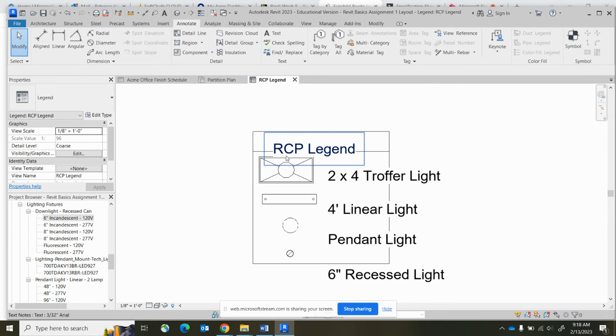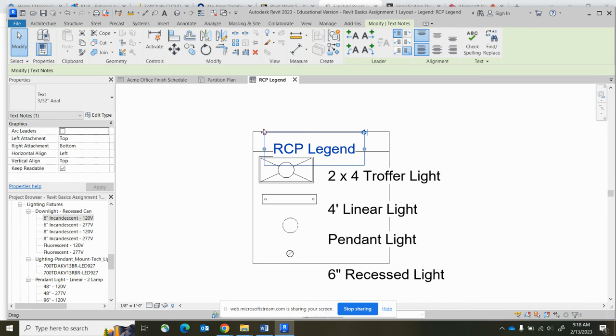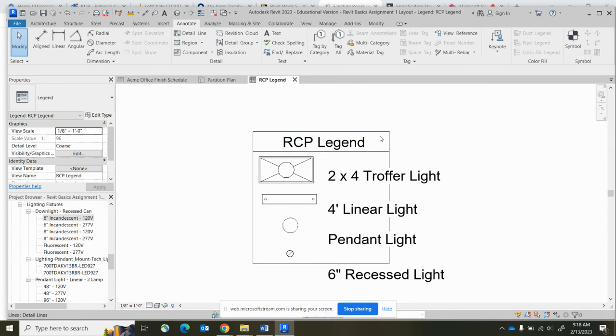All right. So now I'm going to go to modify again to get out of that. And this will let me make any adjustments I need. So the first thing I'm going to do is click on my RCP Legend that I just did. You can see up here, there is the little move symbol. And if I stay on it, it says drag. So I'm going to use that just to position my RCP Legend text so that it's within these